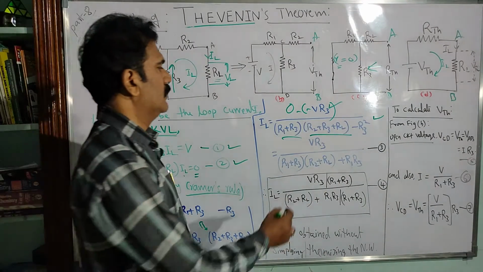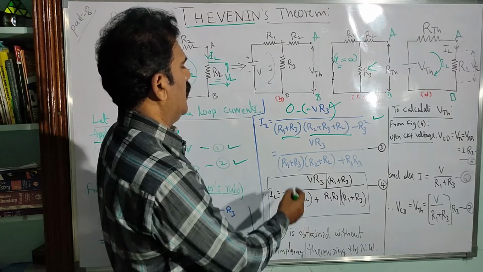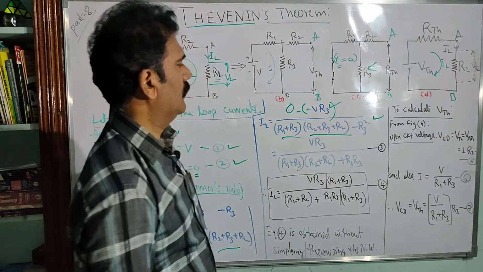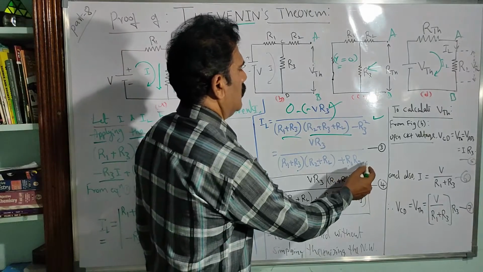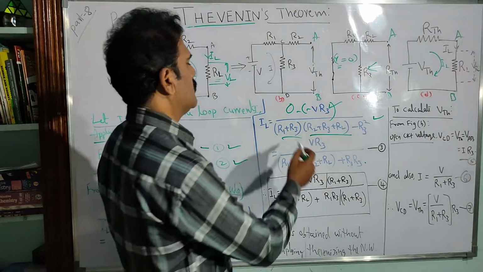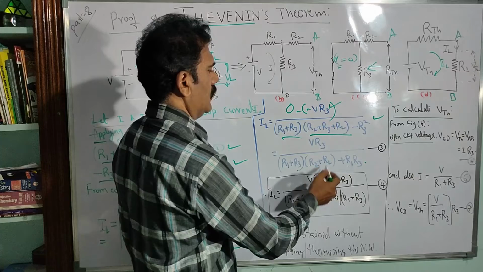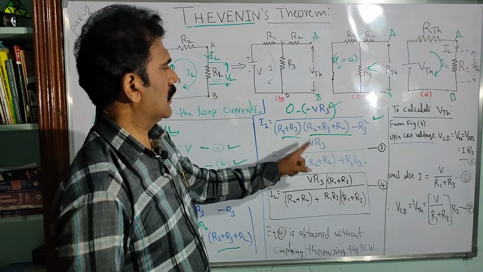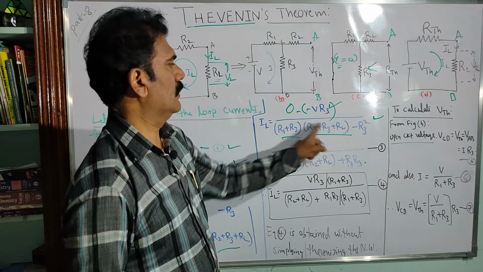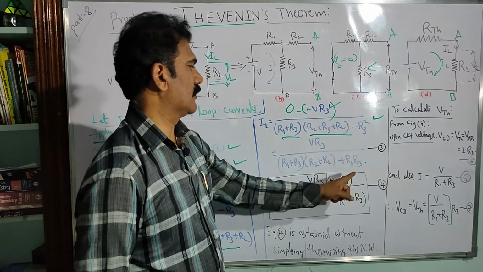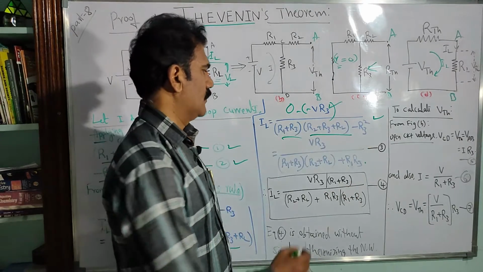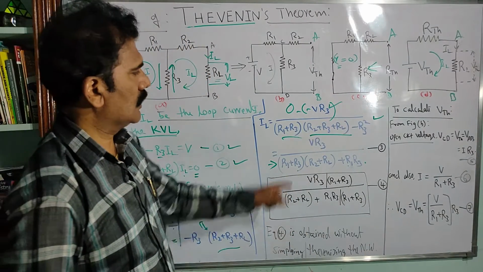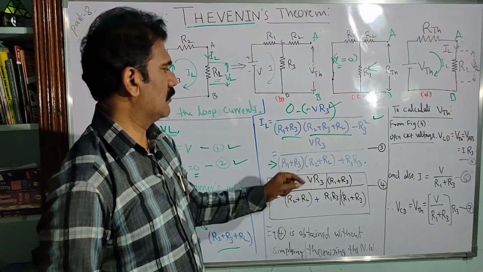Okay, now in the next step you see R1 plus R3, R2 plus RL plus R1 into R3. By simplifying the denominator part only, we can get this equation. R1 plus R3 is there already, so R2 plus R3 plus RL multiplied here and minus R3. Simplify the entire equation. After simplification we will get this equation. I am not showing those steps here, so you can directly remember this part.